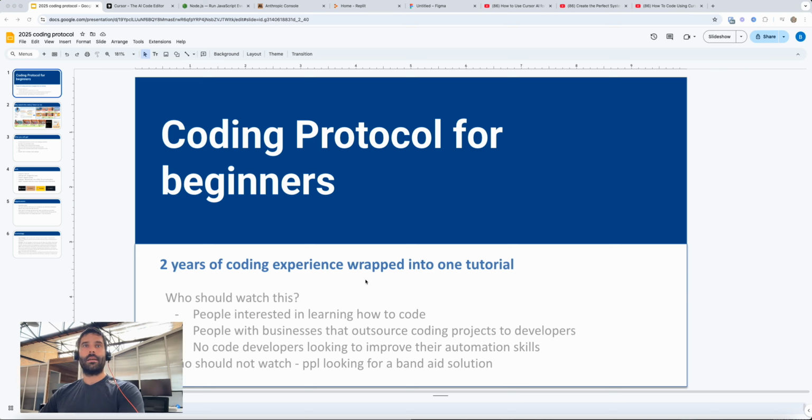That's fantastic. Or if you're a no-code developer looking to improve their automation skills, basically in learning how to code, I was able to either augment my no-code builds for clients for things that I couldn't really achieve in make.com. I might build a separate script for that, or just in general, by knowing how to code, I kind of knew the background mechanisms for how to process logic, and therefore I was able to make much more successful make.com scenarios. Anyway, it probably would make more sense when you learn how to code.